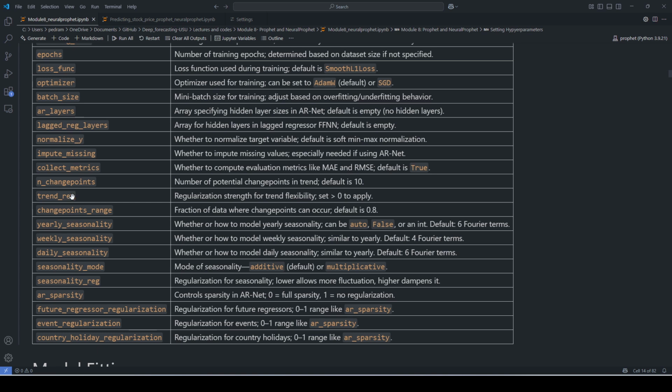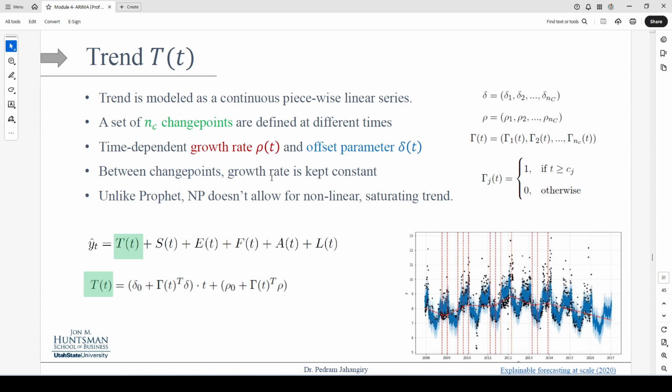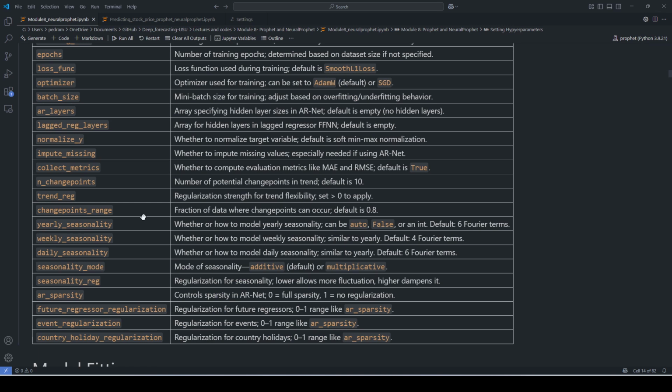Remember, in the Facebook Prophet, we also said that there are two things you can change for the trend, right? Actually, let me go ahead and show you this slide. So here, one was how many change points you can have, and the other one was this tuning parameter. It was just a knob, right? In the Facebook Prophet, we call these different knobs, right? That you can think about the distribution of that hyperparameter, which basically controls the magnitude of the trend, right? So if I increase or decrease that number, you can think of it as regularization of the trend. It's going to change the number of change points automatically for you, right? So yeah,